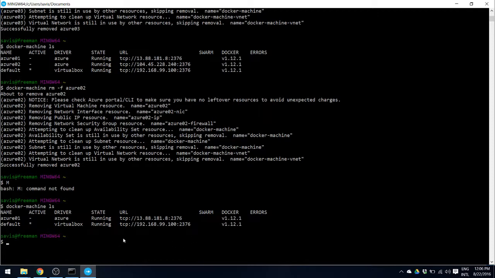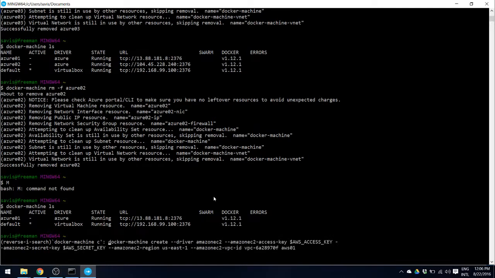By the way, just a quick note, we will always have one additional machine in the docker-machine ls output, which is basically our current Docker machine, which is this terminal running within a Docker machine, and that is basically the way that Docker runs within Windows. With all this done, now we can go ahead and rerun our Azure 03 command. docker-machine create.